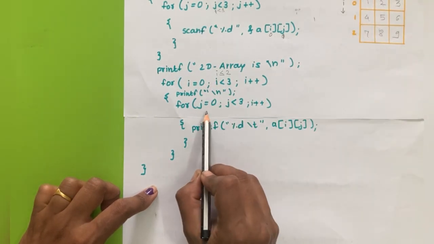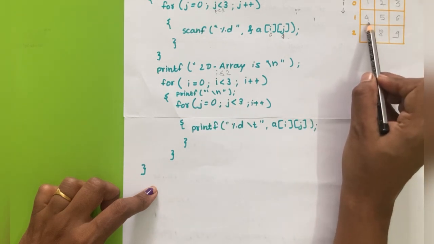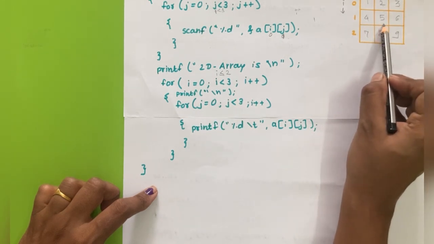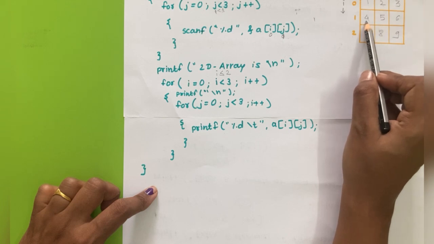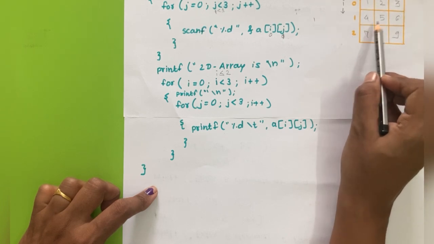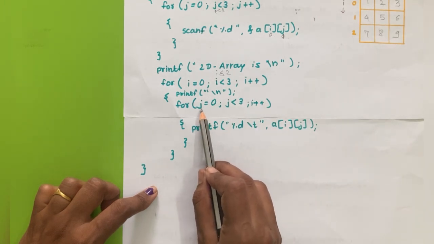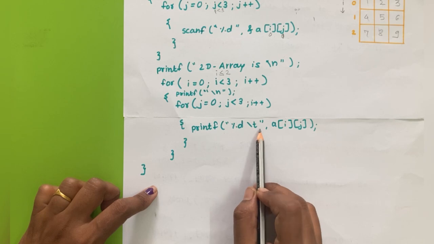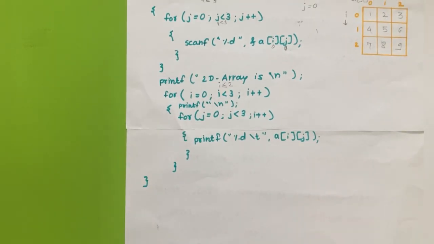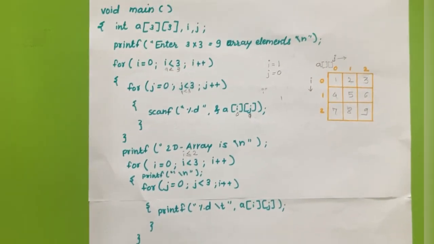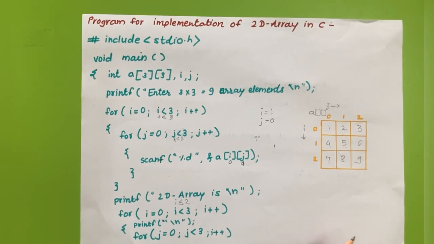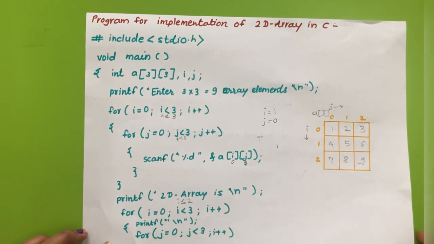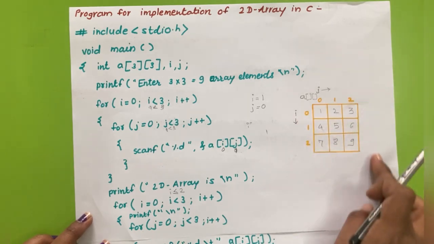And for a single iteration of j we have added \t, because we want to add space between these 2 elements. So this was the implementation of a 2D array, where we accepted and printed the 2-dimensional array